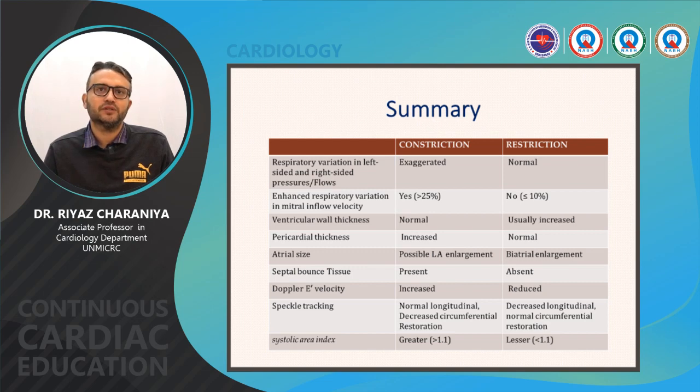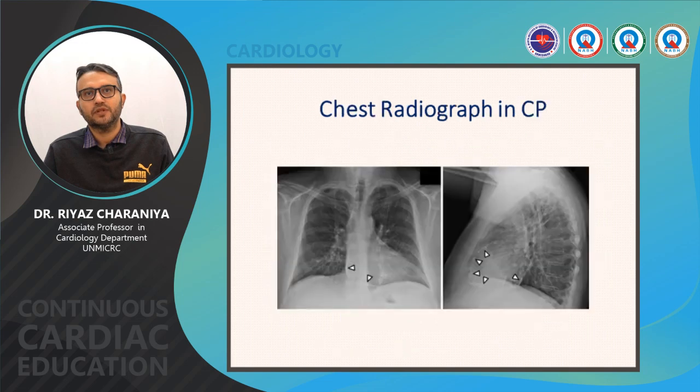As I already mentioned, this mechanism may be present in 2D echocardiography in CP and won't be seen in RCMP. The Doppler E' velocity is increased, especially the medial one, in CP, and they are reduced throughout in RCMP. And the systolic area index is greater than 1.1 in CP and it's always less than 1.1 in RCMP. So, I will end the talk with a simple X-ray which sometimes gives a clue or